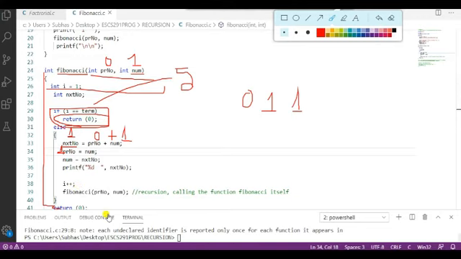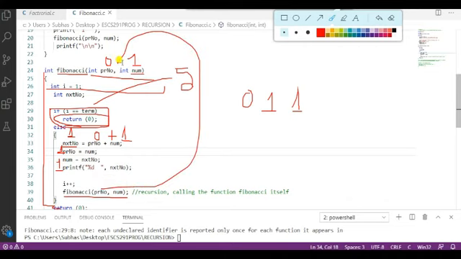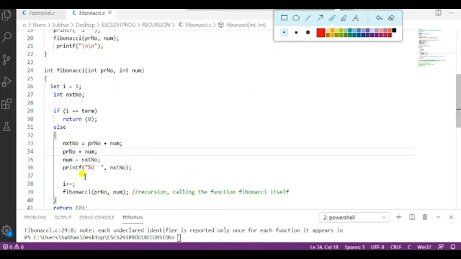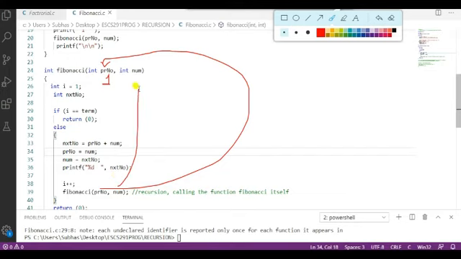And so I will call the Fibonacci function by recursive call. So it's a recursive call. When you call, what is my pr_number? pr_number is 1, num is 1. So the next time you call this function, instead of 0, it is now changed to 1. Let me remove all those things, then you can see it clearly. Now pr_number is 1 and num is 1, so the next term is calculated as 1 plus 1, which is 2.